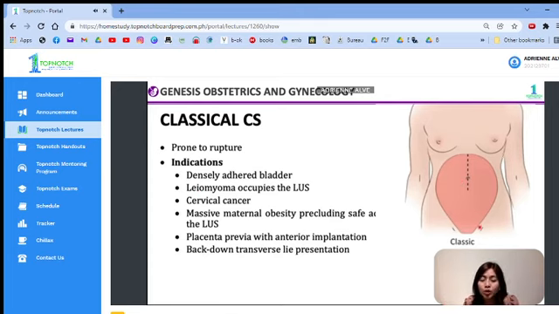So, imagine nandito yung bladder mo, diba? So, malapit siya sa lower uterine segment. So, pag meron kang densely adherent bladder, that precludes entry into the lower uterine segment. So, hindi naka-expose yung lower uterine segment mo. So, because of that, wala kang ibang choice but to cut above the lower uterine segment through a classical CS